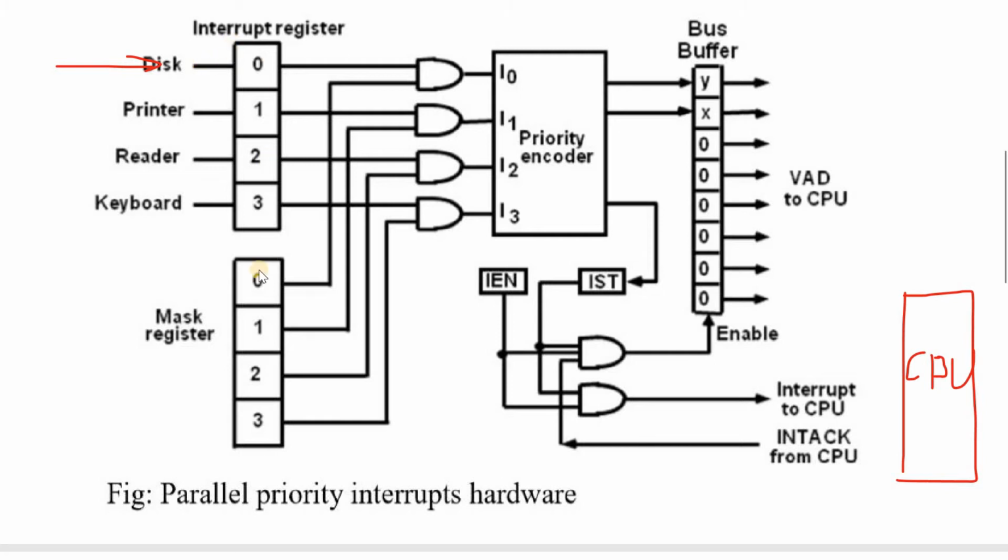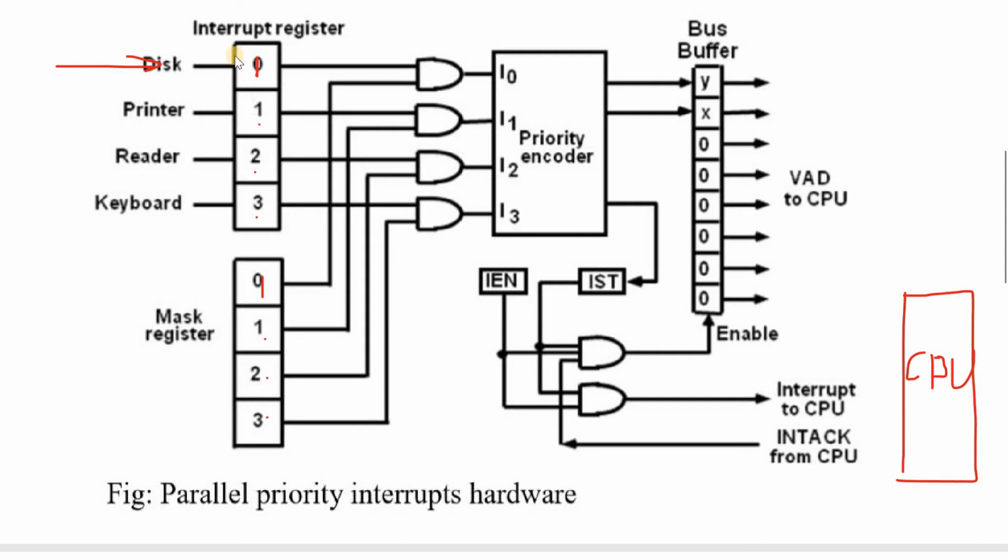At that time, with the help of this mask register, this value goes to logic 1, and this value goes to 0, this to 0, and this to 0. The mask register provides this value equal to logic 1, and the others are 0. With the help of these masking bits,